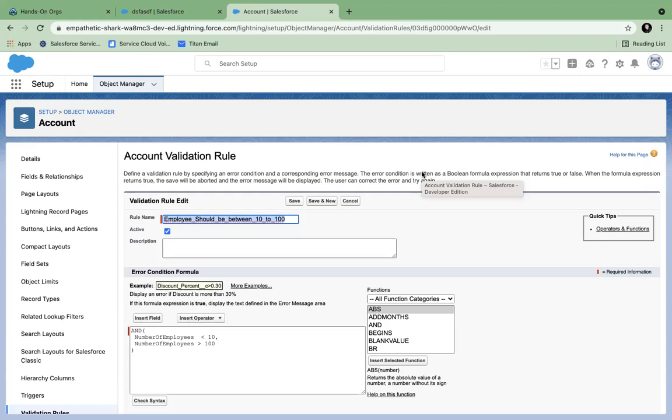Three is not greater than 100, right? So both conditions need to be true, then only this will fire. Number of employees can only be one value, right? When you put that value, it will either go into the first condition or into the second condition. But both conditions need not be true. That means if any of these conditions happens, I have to block it. So it is not all conditions, it is any.